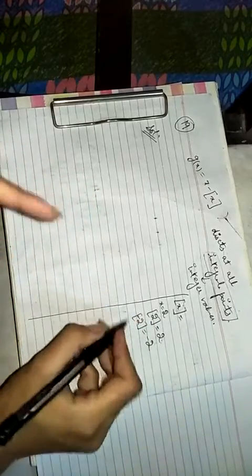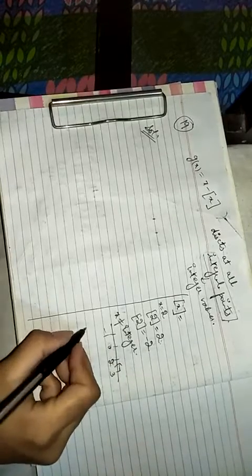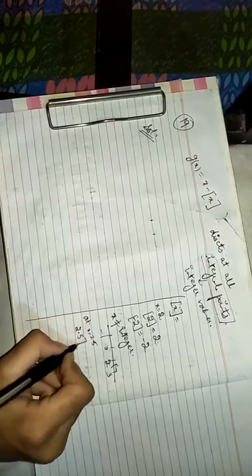Now come to the point when x is not an integer. Then it will attain the value which is an integer and closest to that value and lies on the left hand side. For example, at x equal to 2.5, what is the value of the greatest integer of 2.5? It will be 2, because 2 is the integer which lies first when we move from 2.5 to the left hand side.